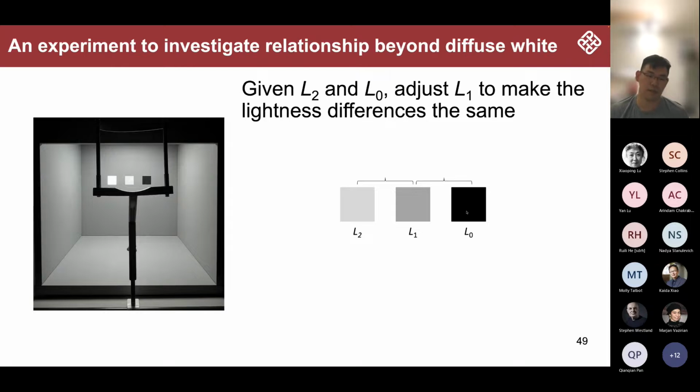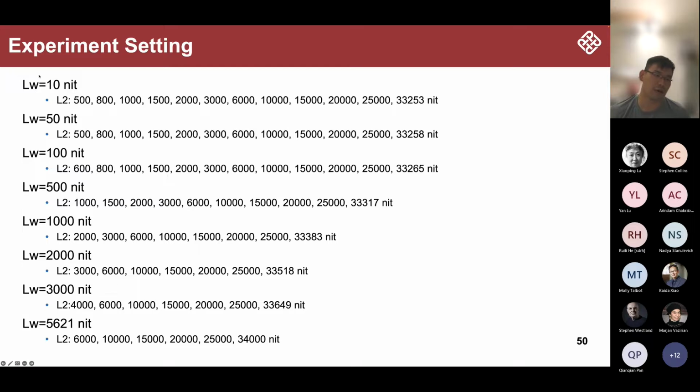We ran this experiment when the adapting condition was 6500K. This is mainly the reason: in the previous experiments, we found that at 6500K the lightness axis was actually pretty good, so we don't need to be concerned about the chromaticity. Then because we are looking at the HDR condition, we carried out the experiment at various light levels and also stimulus light levels. The lowest adapting luminance was only 10 nit.